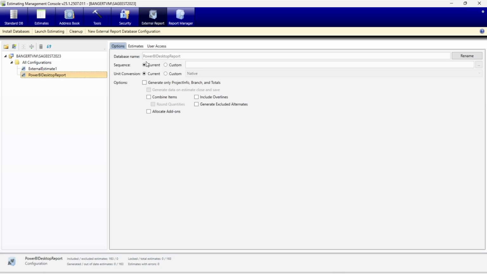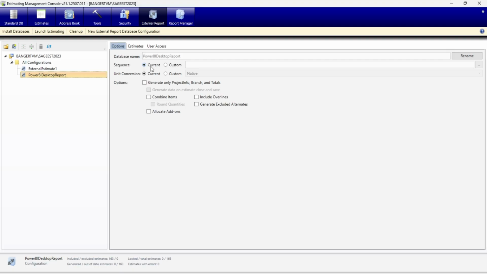So it's got my name, sequences. This is where I could go through. If you think about your spreadsheet tabs at the bottom of the screen, current would show whatever those are. So if you've got phase and item and takeoff order and assembly and location and whatever. The drawback with current sometimes, if you're really going to use those for some of your reports, is it's possible that someone deleted that sort sequence, or it's not set up, or things like that.